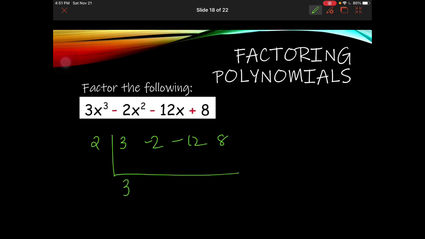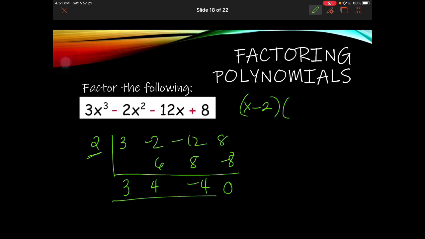Bring down 3. 6. Add. You'll get positive 4. Then positive 8, negative 4, negative 8, 0. So, ang makukuha po natin ay, so far, dahil ito ay 2, that's x minus 2, times, ito pong nakuha natin, it represents 3x squared plus 4x minus 4. So, dahil meron na tayong trinomial dito, pwede na po tayong mag-guess and check. Now, through guess and check, ang makukuha nyo pong sagot dyan ay